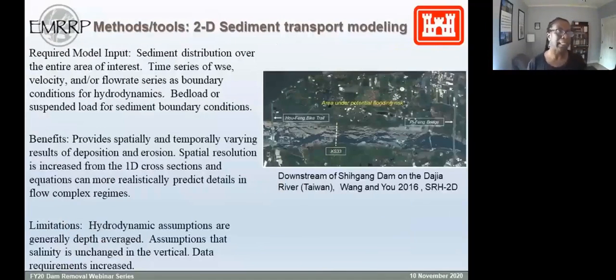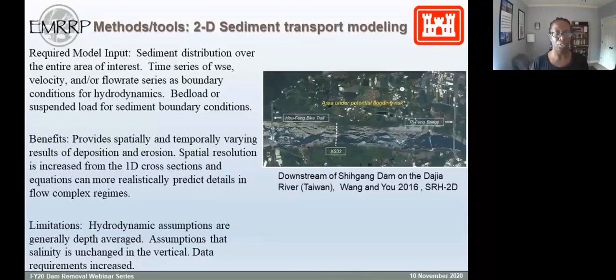The required input for this type of model would be sediment distribution over the entire area. You have to know what sediment already exists in the area to adequately solve the equations that you're going to be solving at every nodal point in your mesh or grid. For your boundaries, you'll need water surface elevation, velocity, and potentially flow rate, one or the other, and also bed load or suspended load for